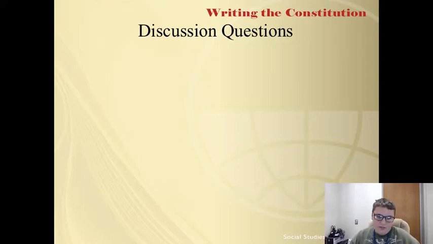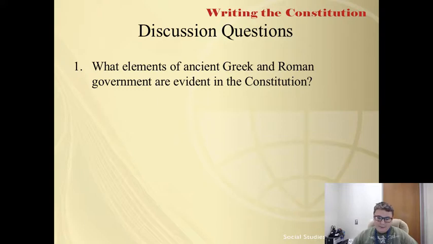The discussion questions. Number 1, what elements? Most importantly, the Constitution incorporated ancient Greek concepts of democracy, that government's power flows from people who freely vote on issues. The work of Aristotle, especially his analysis of government according to the question, who rules, also influenced the framers. Their study of the Roman Republic helped the development of a three-branch system of government, a system of checks and balances, and the functions of the Senate.